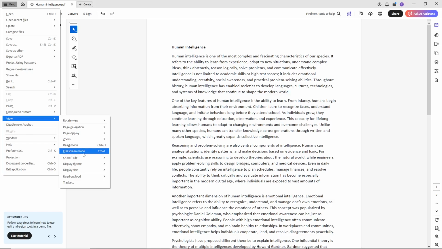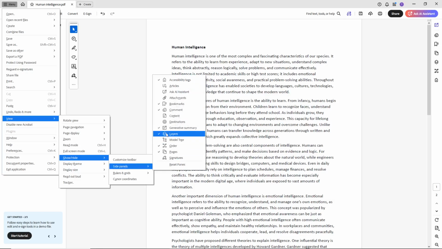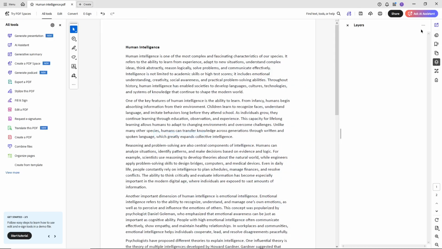Next, click on Show/Hide. This section allows you to toggle different interface elements on and off. From here, select Side Panels and then click on Layers. This action will bring up the Layers panel on your screen, which is essential for managing all the layers within